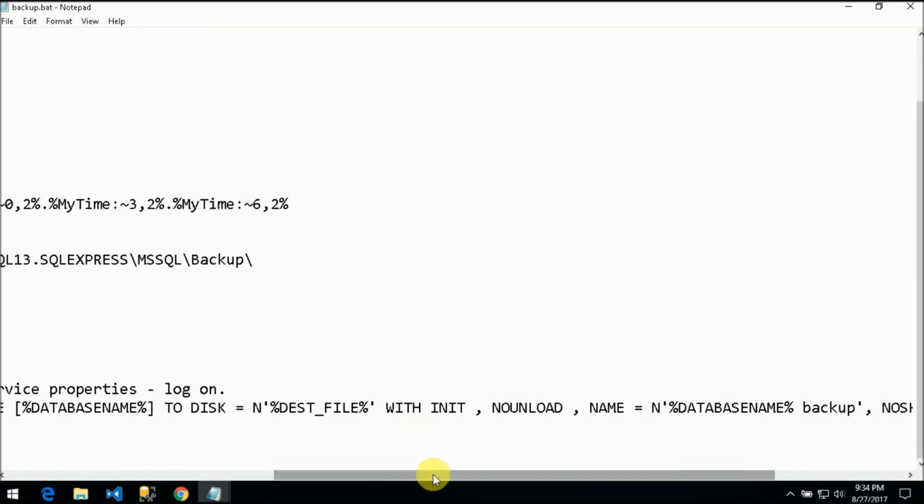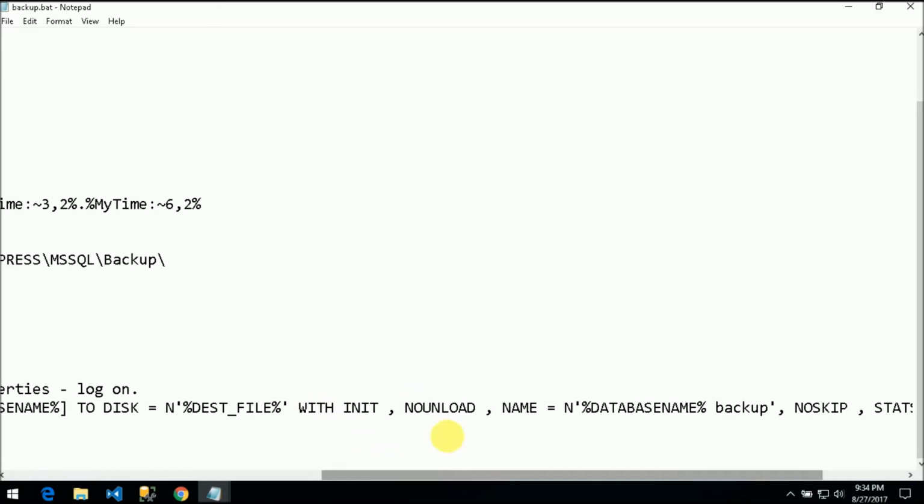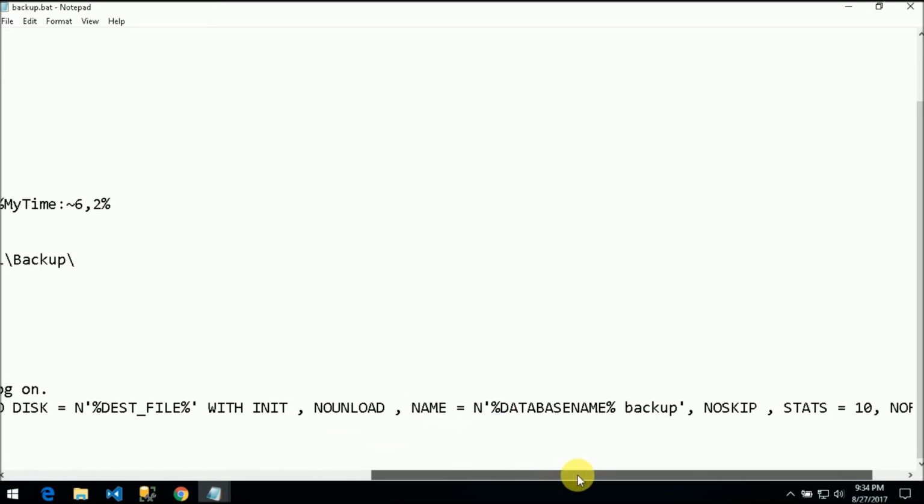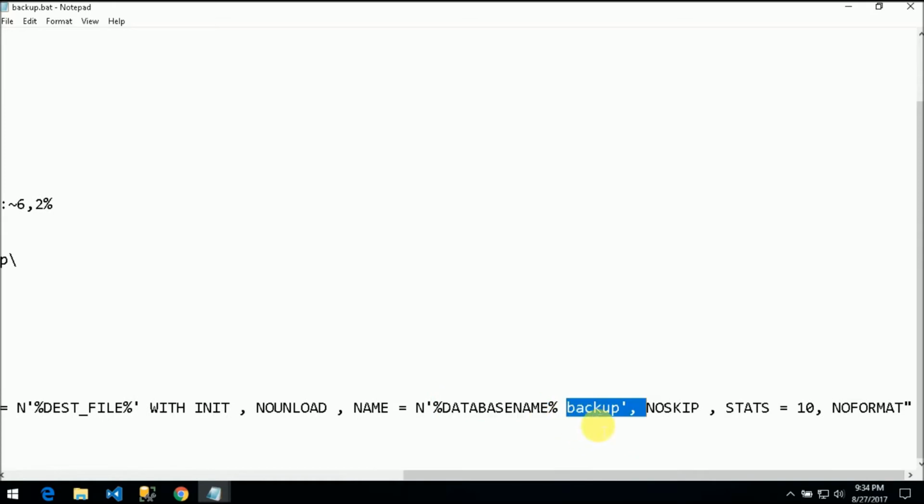With no_log, the name, database name, okay, and backup, the options noskip and stats 10 and noformat. Okay,